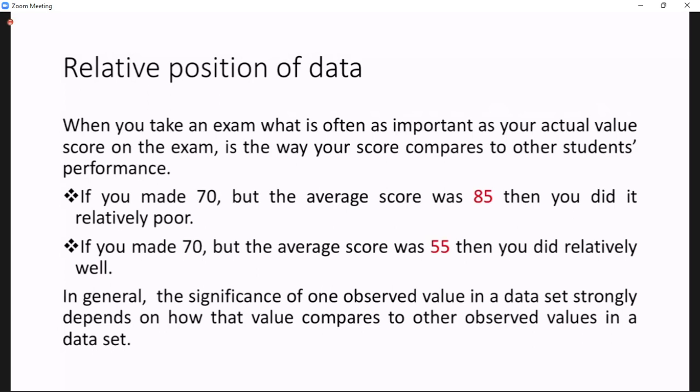Without knowing others' scores, how can we say the person or the student who has got 70 out of 100 is good or bad? Good or poor? How can we say? That means we should know the other scores as well. So if the average score of that particular class is 85,